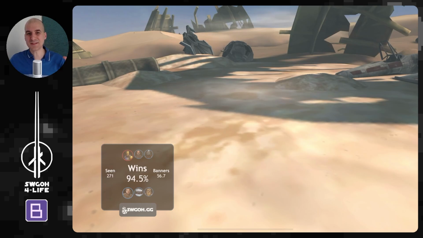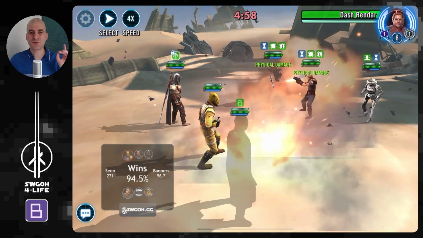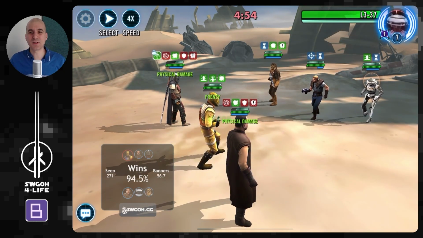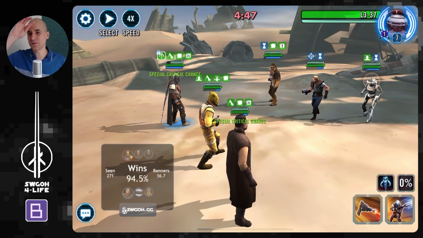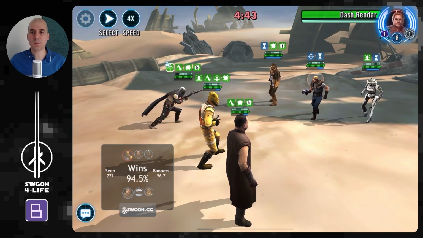But now let's first start with what didn't work. This counter, as you can see from SWGOH.GG, has a 94% win rate, so I'm like, alright, let's get this thing going, get a taunt up, let's clean that up. Obviously stuck behind the taunt there on all three, but luckily Mando can ignore the taunt, so I can just go ahead, put a hit in Dash